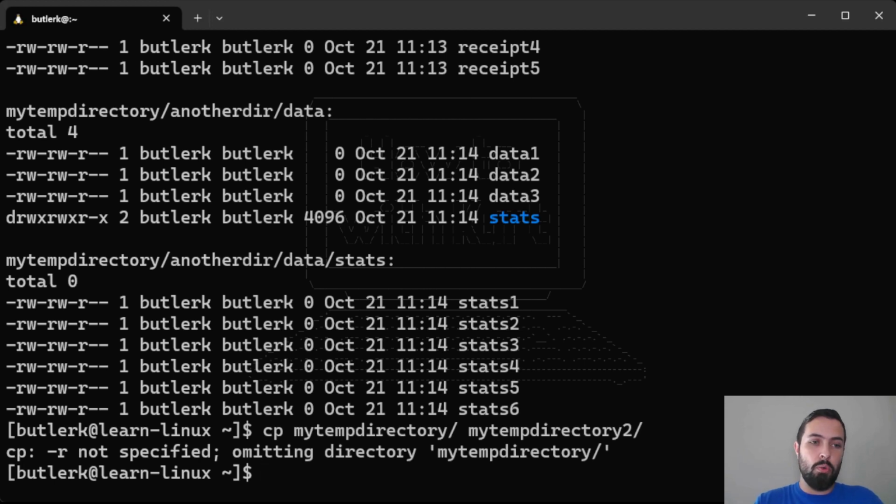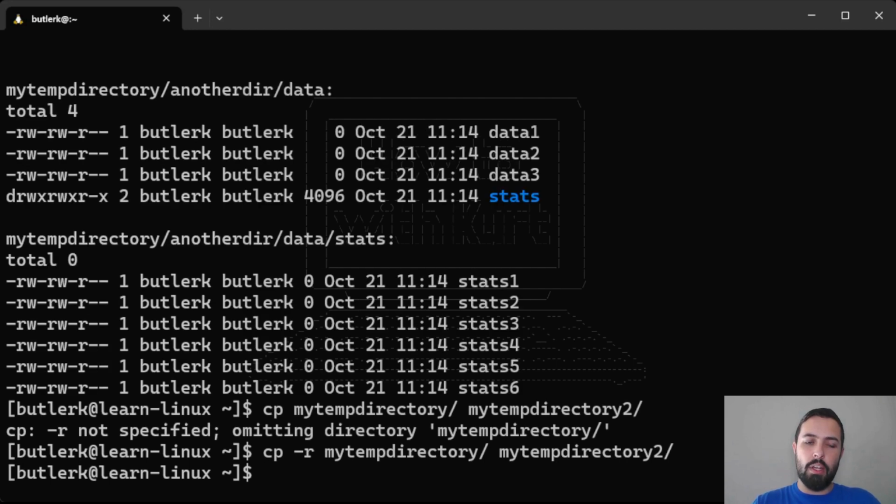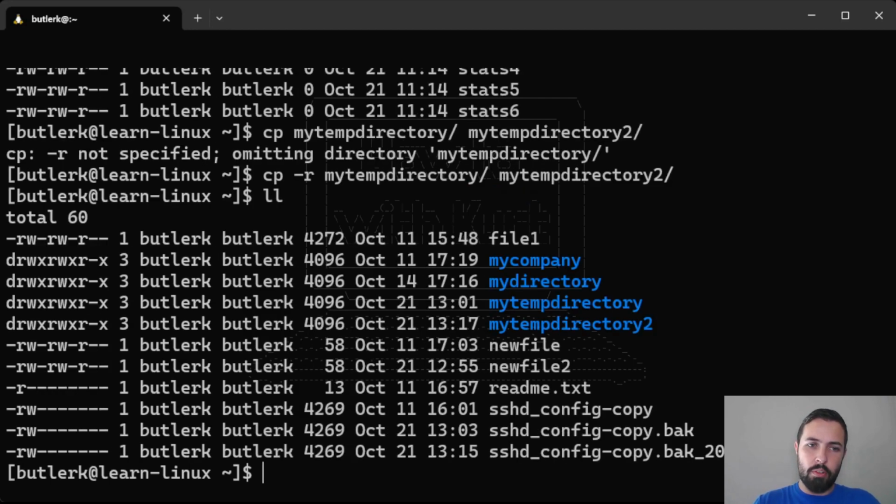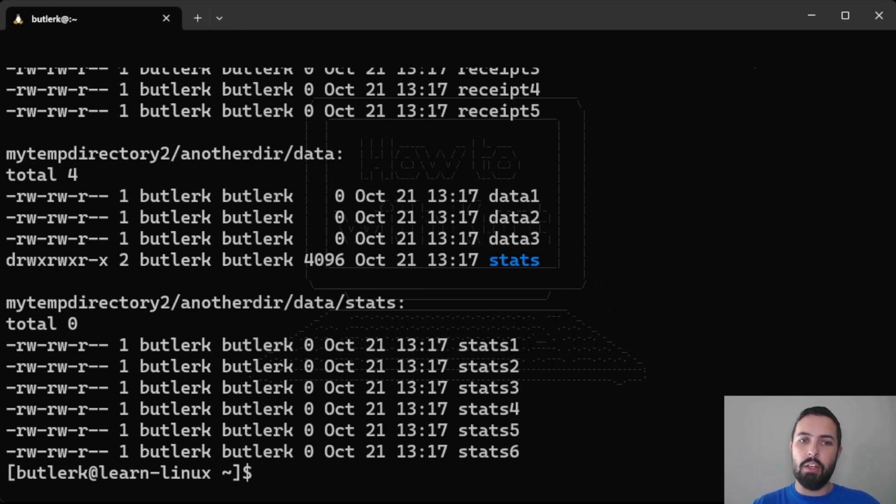So we're going to use the error that it gave us. So copy -r. Now I'm going to do my temp directory, and then my temp directory 2, and I'm going to hit enter. So I'm going to list. I now have 2 directories, and I'm going to do a long recursive listing of my temp directory 2, and notice